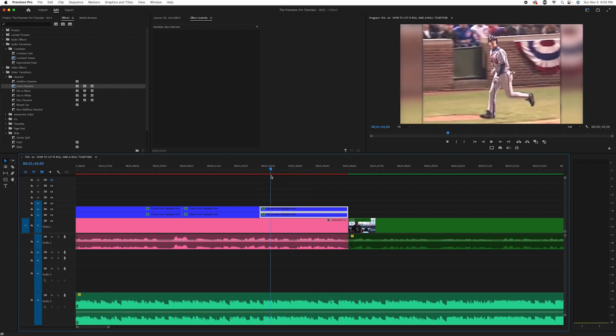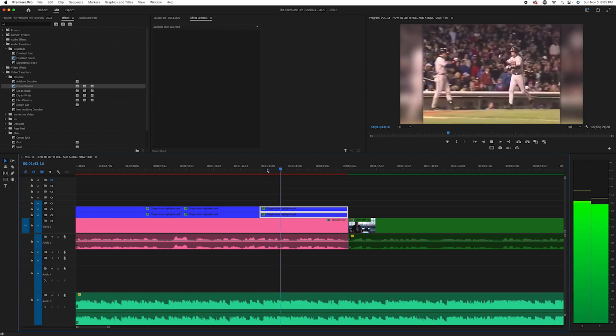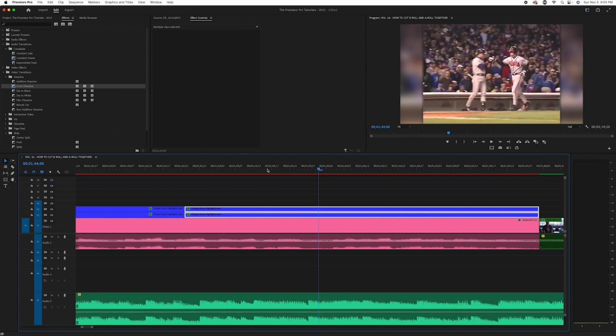Now here's what I want to do. Again, I'm seeing this in the moment. That little fist bump was very close to our musical hit. If it hit it, that would be nice. So let's see if we can do that. Growing up, so very close. I think if we go back